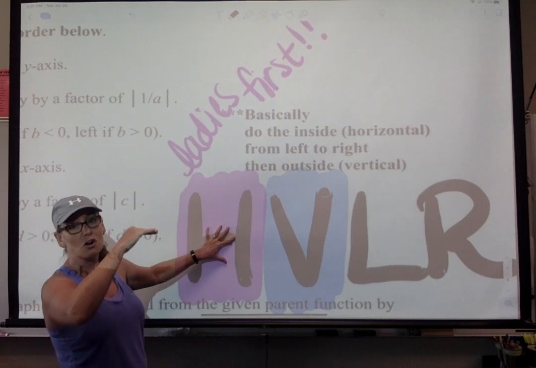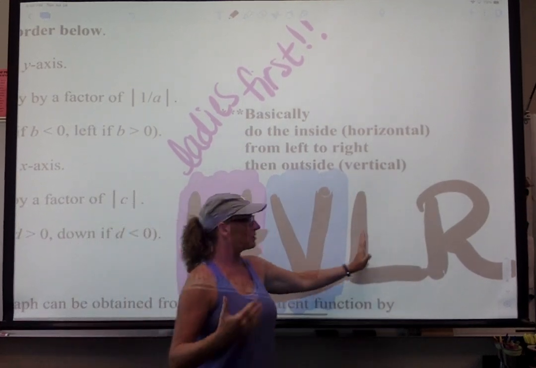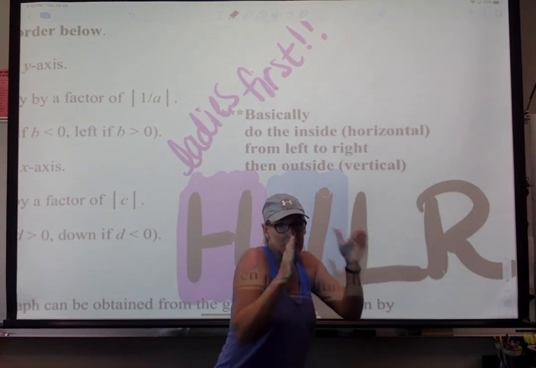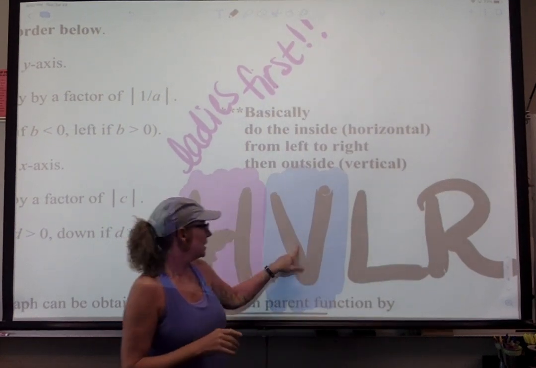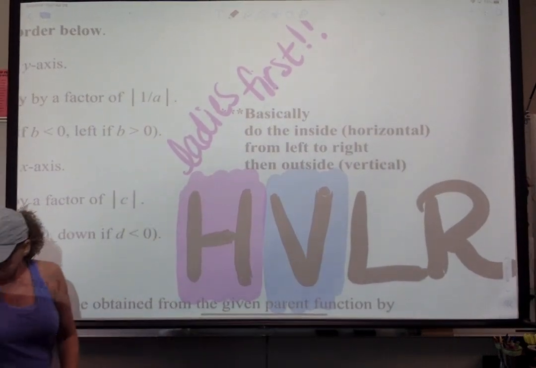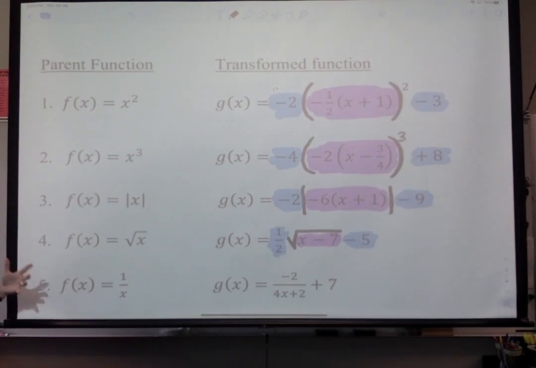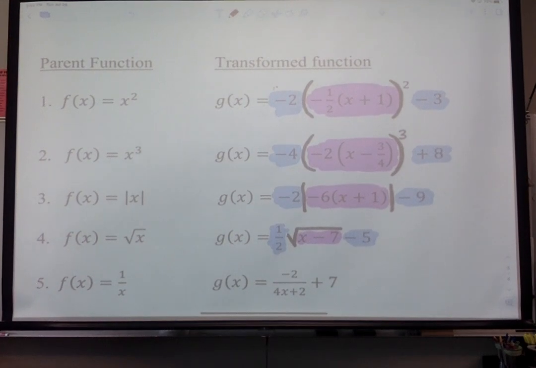Horizontal transformations are always listed first when you're talking about them, and we're always going to look from left to right. So we're going to look in the pink, left to right, and then we're going to look in the blue, left to right. Now on the very back of your notes, I have several functions that I want to